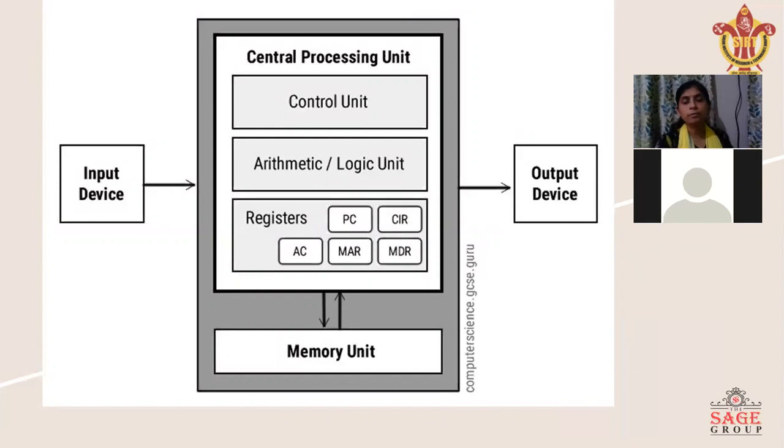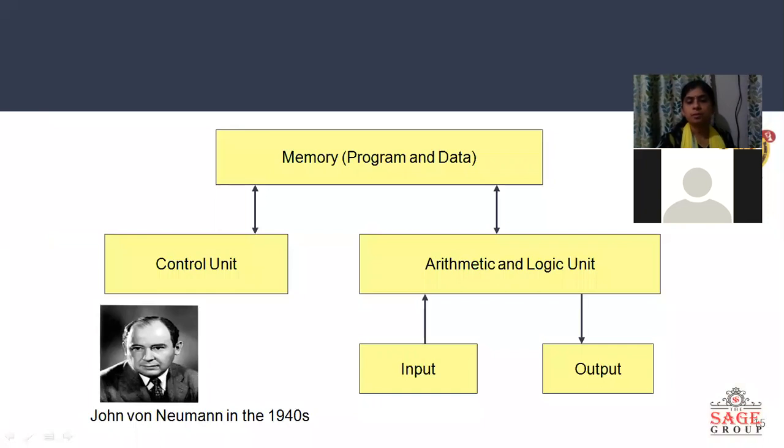Here are the different types of registers: instruction register, program counter, accumulator, memory address register, memory data register. But there is no need to give a detailed explanation of these registers. That is a different topic we will discuss under the heading of von Neumann machine architecture. Here we will only discuss the different functions of the input device, output device, central processing unit, only control unit, ALU, and memory unit. So this is the diagram.